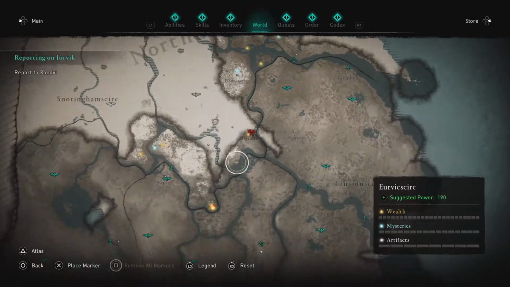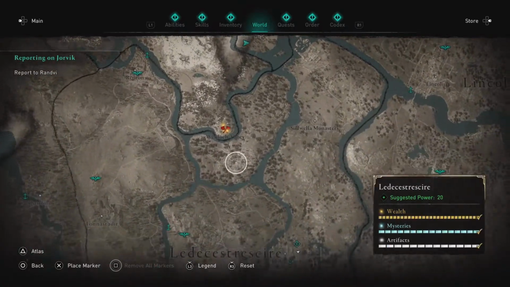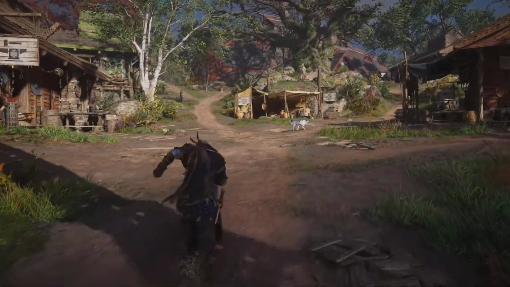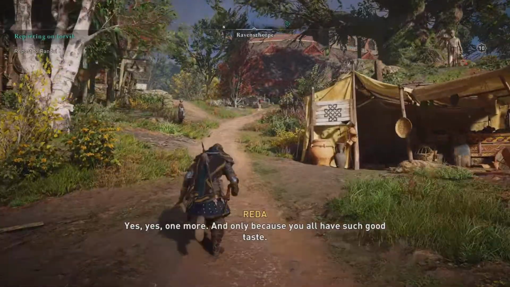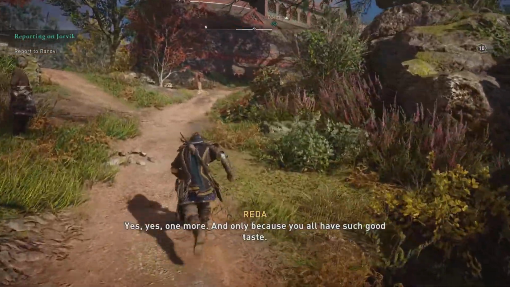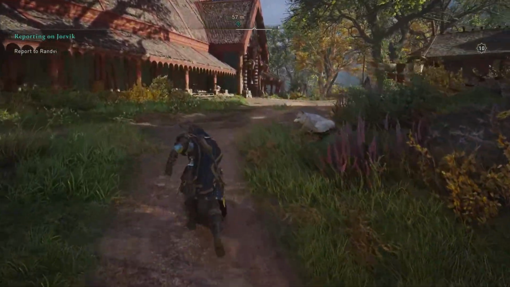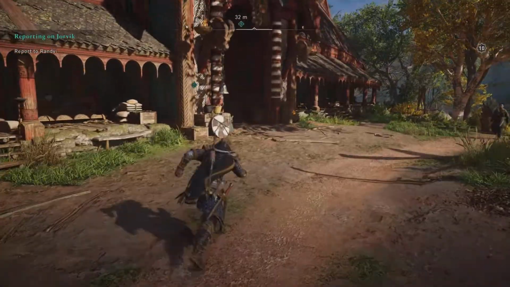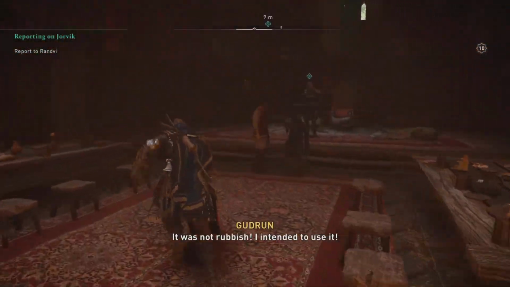So we were all the way up there, and Raven's Thorpe should be down here. So again, now, depending on the skill level, let's see, if there's nothing else at 190, I think we'll do Jotunheim next. Oh, look at you, Dewey. It all depends on how the map looks, really. It was not rubbish, I intended...